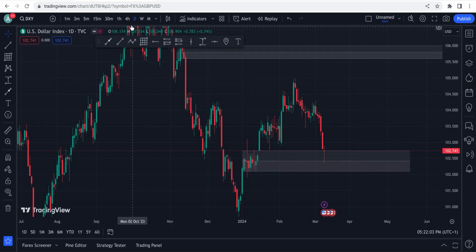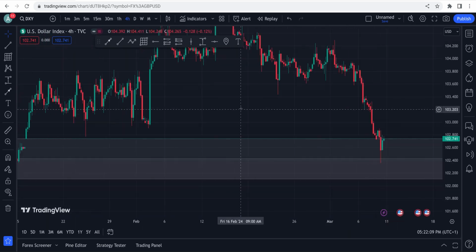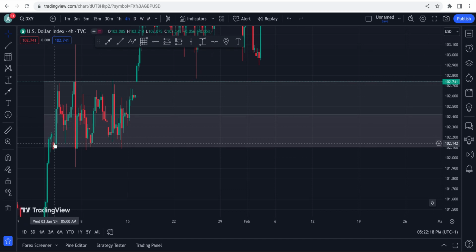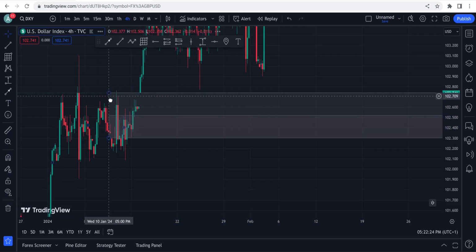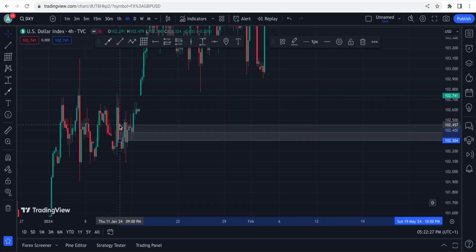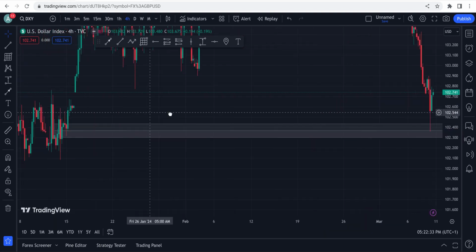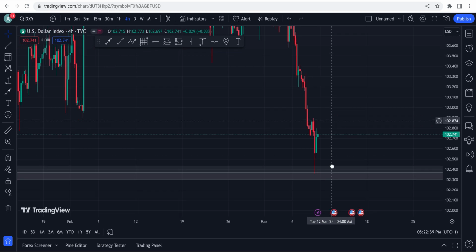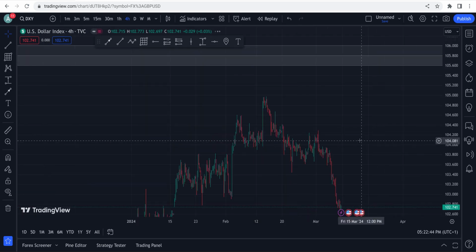Now let's move to H4. That's the way we can analyze very well. We just use the weekly time frame and the daily time frame to know our direction, guys. On the H4 time frame, as you can see, let's refine this weekly demand zone. We have this small imbalance and a gap filled. Yes, price filled this gap, and then price reacted at this bottom, in which I'm expecting what? Long on DXY. As you can see, long.